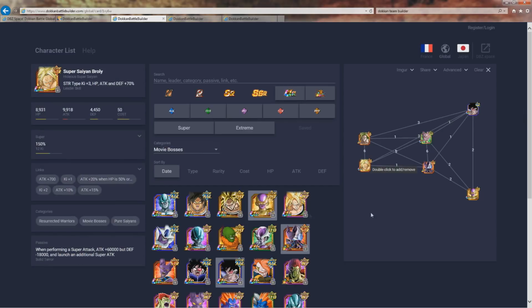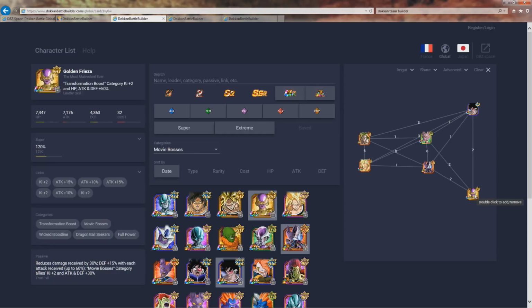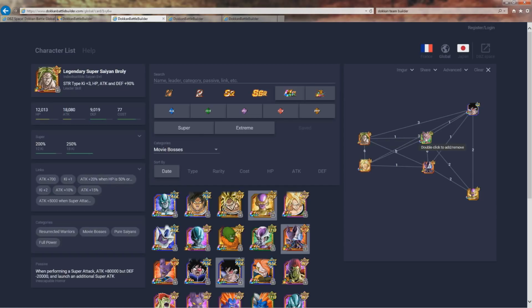And I'd say with a team like this, you constantly want supports as your floater. So I think bringing a Turles as a friend would certainly be the better way to go here. I mean, you're gonna have Turles. Let's pretend there's a Turles here as a friend, and then this Frieza, who obviously reduces damage by 30%, gains defense after being hit, and then gives movie bosses Ki +2 and attack and defense plus 30%. So constantly having support units on the third slot during all of your rotations will allow obviously the Beerus rotation